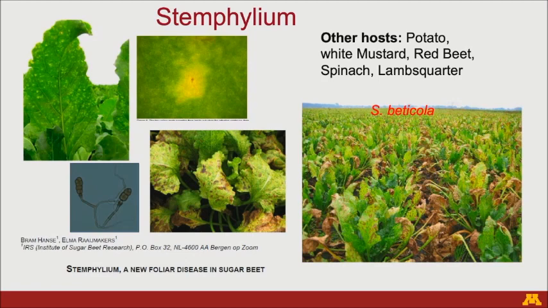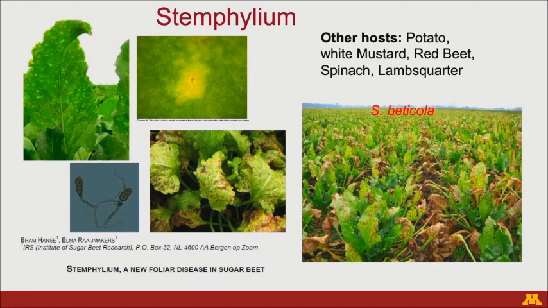Talking to our colleagues in the Netherlands, back in 2007, they were seeing lots of weird things happening to the beets. It started as yellow specks, very small. They look like almost manganese deficiency. Pretty soon, the center of the spot becomes brown. By the middle to end of August, they lost about 40% of the crop to this particular disease. Now it's widespread. It's called Stemphylium, and the species they found was Stemphylium beticola.